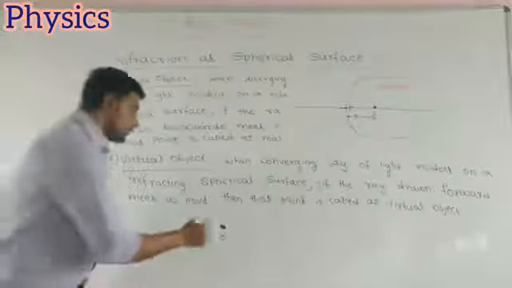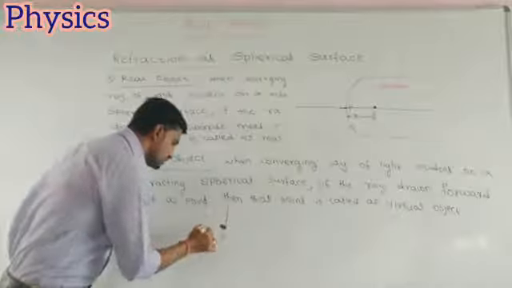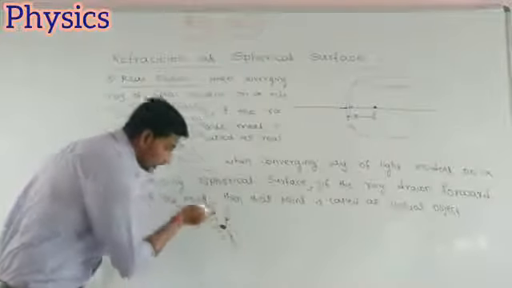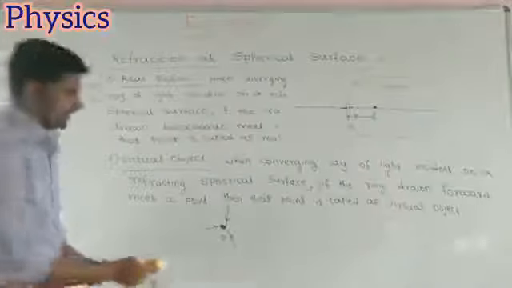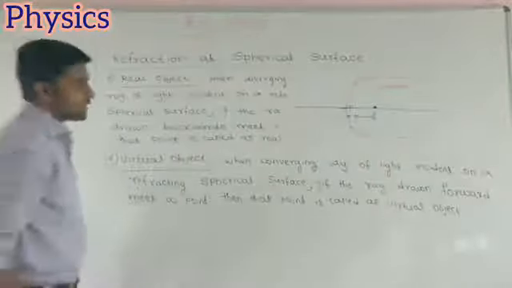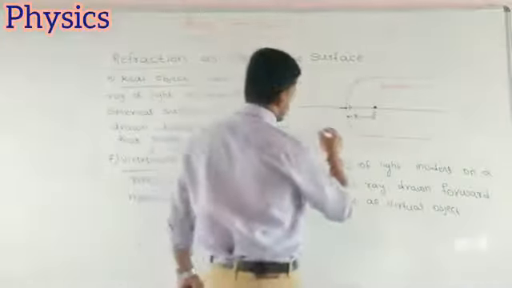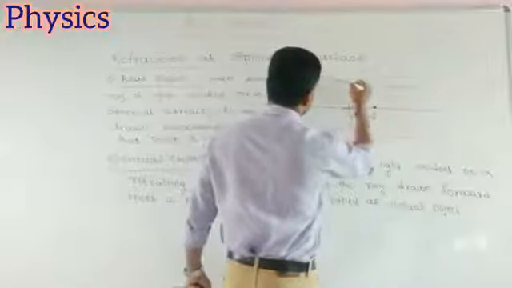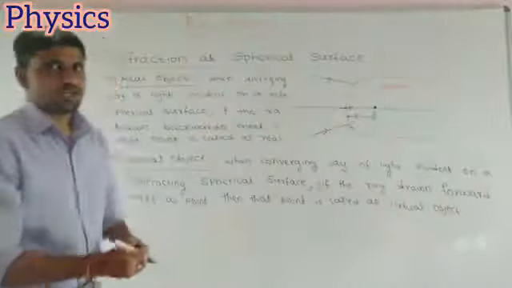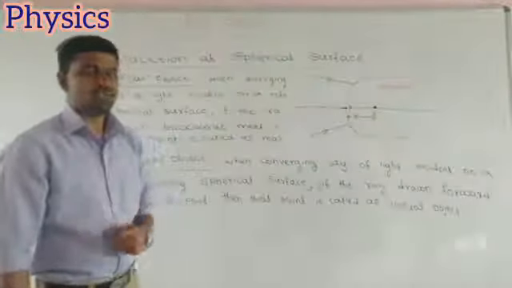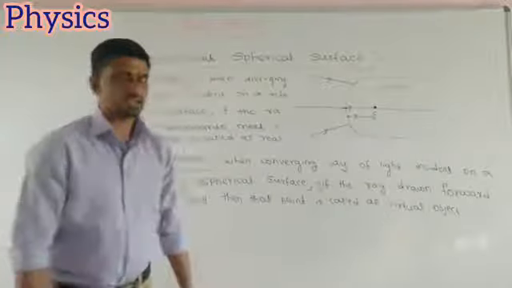Rays of light which are entering this object like this are called a converging ray of light. So this is a converging ray of light like this. That means it tries to meet somewhere at a point. These two light rays which are trying to meet somewhere at a point are called a converging